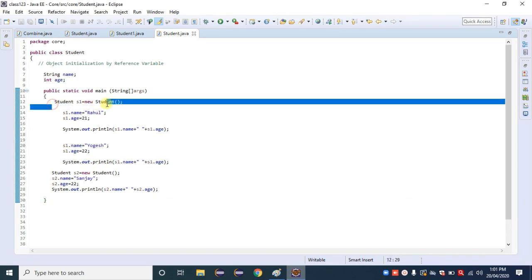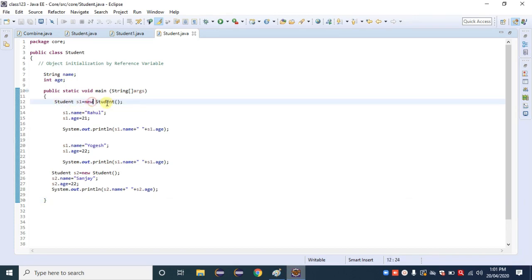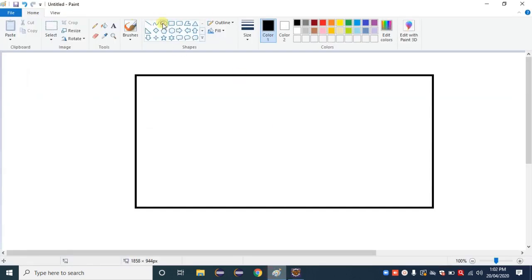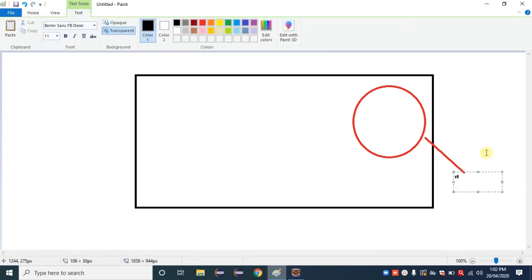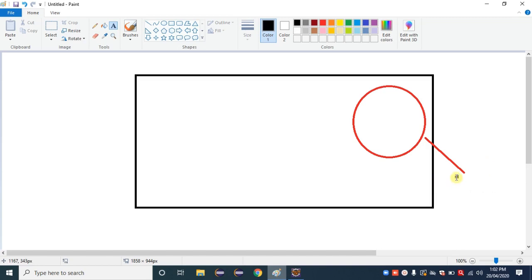When we create the first object, Student s1 = new Student, inside the main method, what happens inside the memory? Inside the memory, the object is created, and that object is referred to by a reference variable, as we gave there, s1. This s1 represents this memory location.